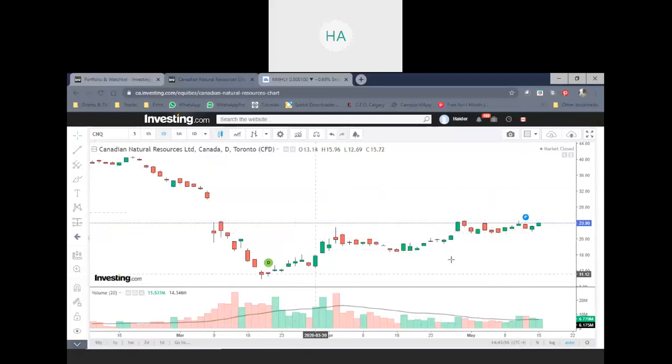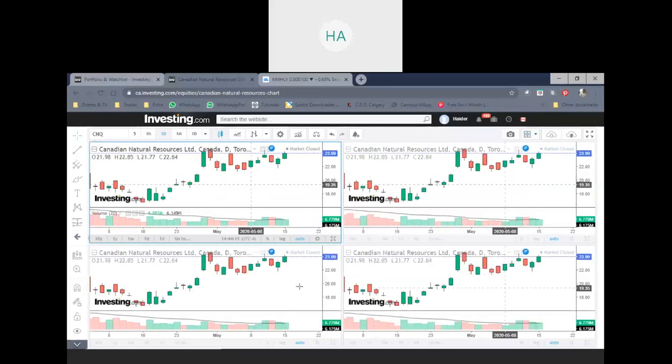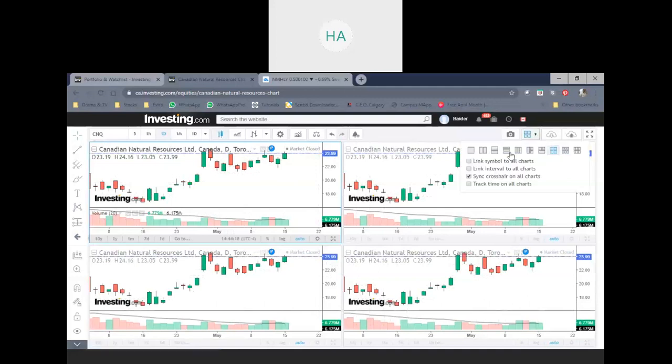And if you're comfortable with the chart, you see there are two clouds here. You can change the colors, you can change the window style, and things like this. It's up to you. You can have four windows in one screen. You can have all different, that's okay. And you can have one window,